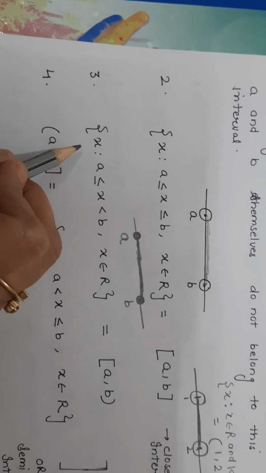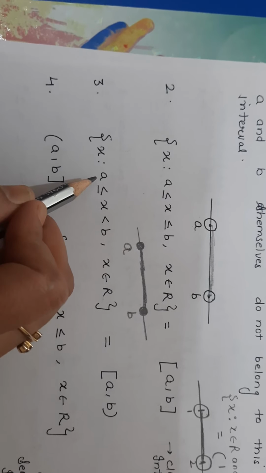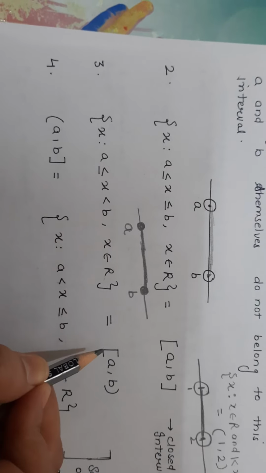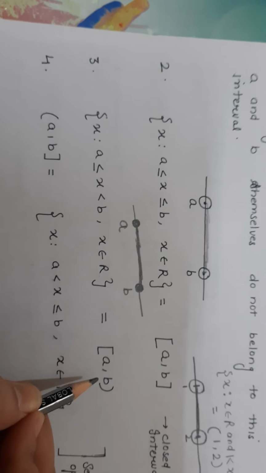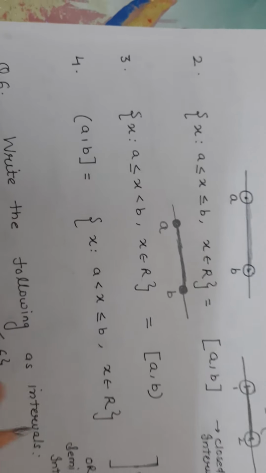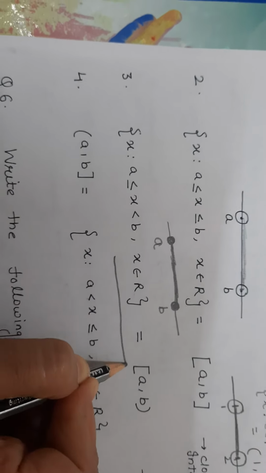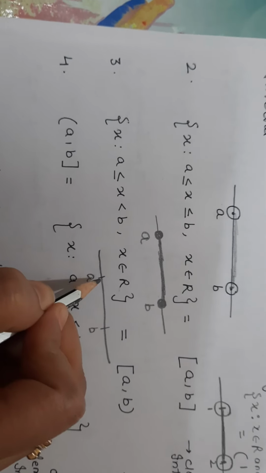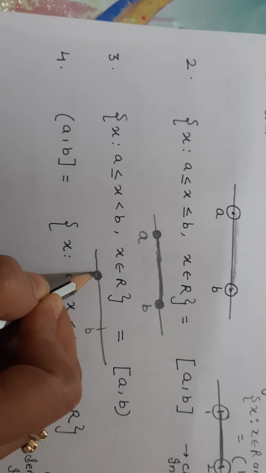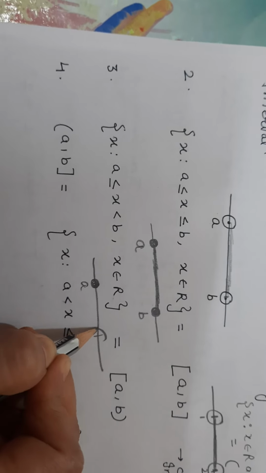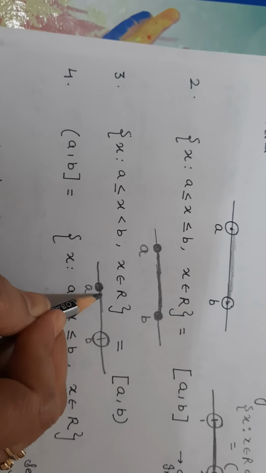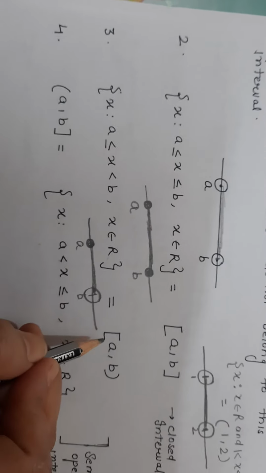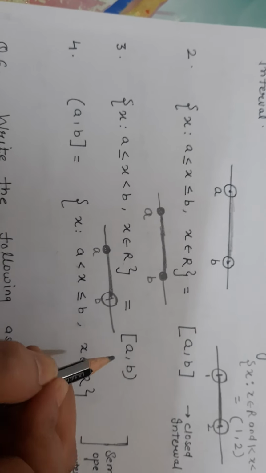Look here, set of those x where x is greater than or equal to A but less than B, and x belongs to real. It means A is included, so I have written the close bracket at A, but B will not be there, right? So if you have to plot it on the number line, what will we do? Draw the number line, mark the point A here, mark the point B. Here A is included, so we draw the dark circle at A, but B is not there, so we draw the open circle at B, and then shade all the points between A and B. It means A is included but B is excluded. B is not here, right?